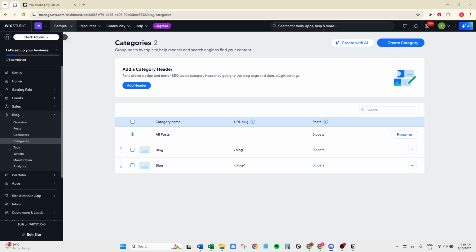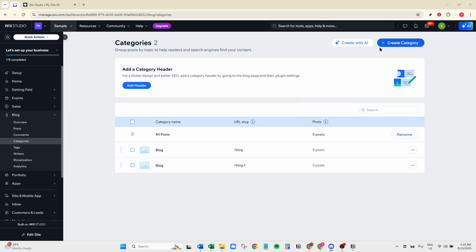First, you'll need to start by heading over to your Wix dashboard. This is your control center for managing your website, and you'll be spending a bit of time here as you make these changes. Once you're at the dashboard, your next move is to click on Blog, and then on to Categories. This section allows you to manage how your content is categorized, an essential step if you're looking to create a more navigable site for your audience.